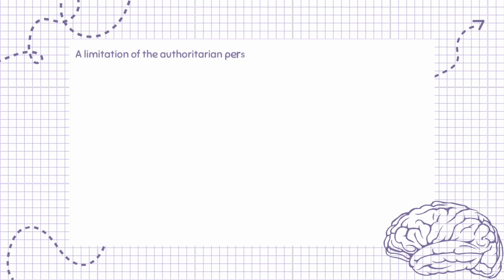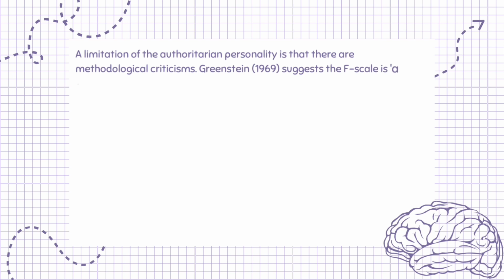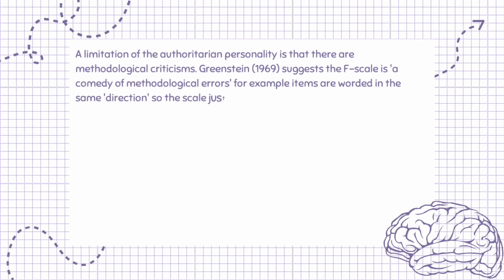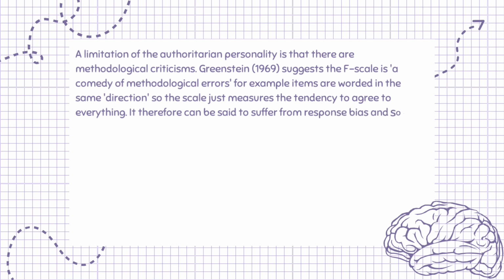A limitation of the authoritarian personality is that there are methodological criticisms. Greenstein, 1969, suggests the F scale is a comedy of methodological errors. For example, items are worded in the same direction, so the scale just measures the tendency to agree to everything. It therefore can be said to suffer from response bias and social desirability, where participants provide answers that are socially